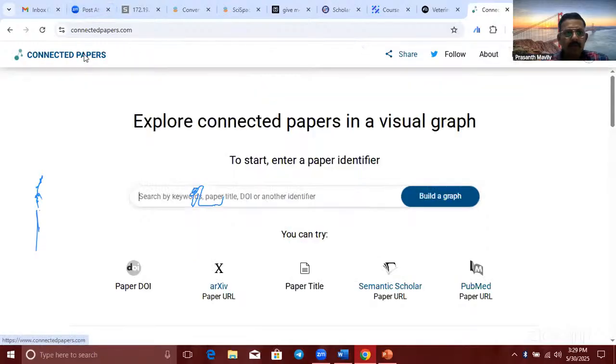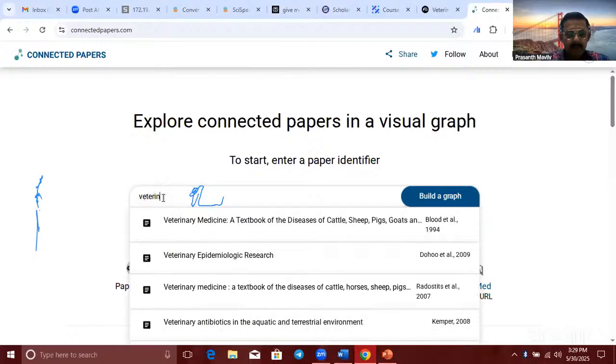Okay, we can go to Connected Papers. You can search by keywords, paper title, DOI or any other identifier. We'll select one.